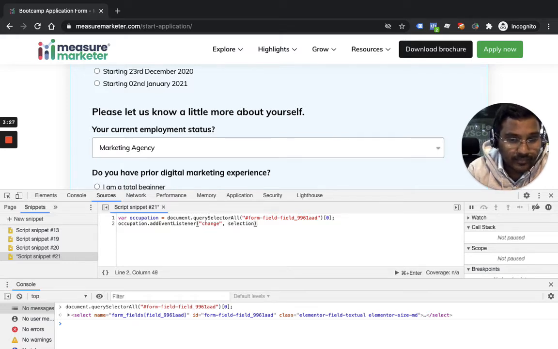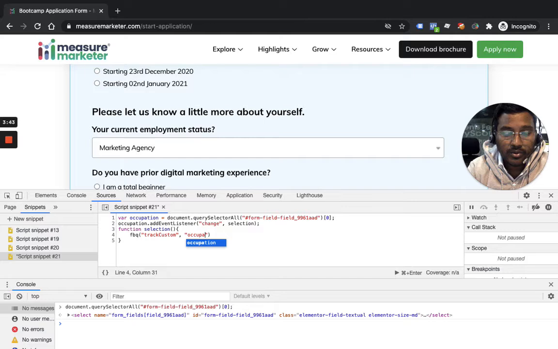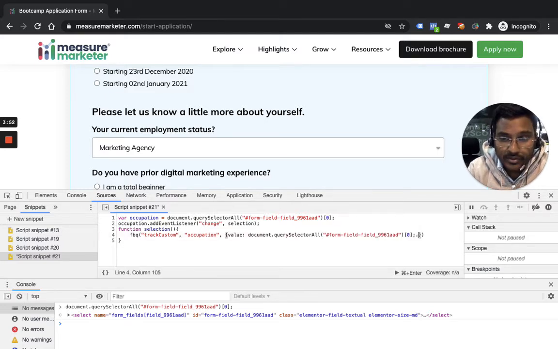I'm writing a function here, function selection. Here I will write fbq. Since it's a custom event, I'm saying trackCustom. The name of the event, I want to give it as occupation, and I want to send the value that people select in the drop down, so I paste it here.